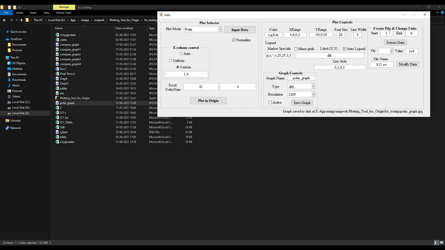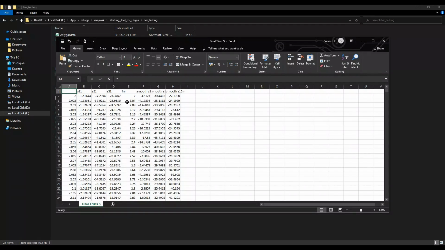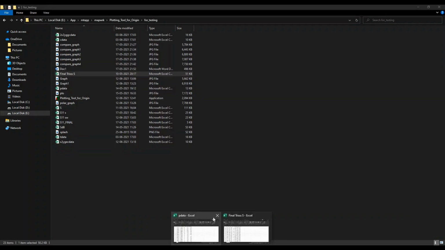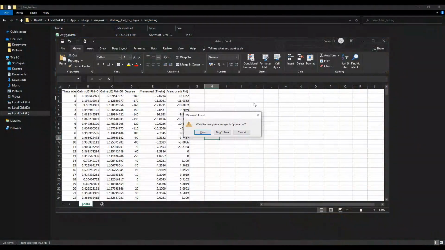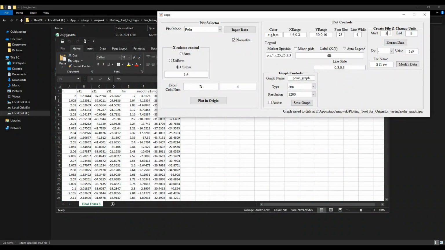And the only thing left in this application is this start and end extract data push button. The two I will show you now. I have a large data of simulation, and I want to fetch only the measured data from this CSV file. Let us say I want to fetch this data from E to H that contains the measured values.